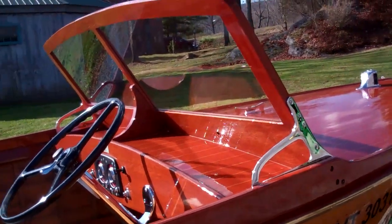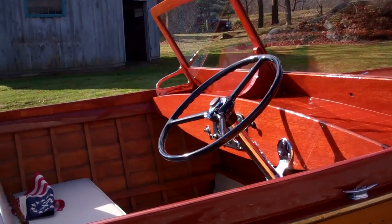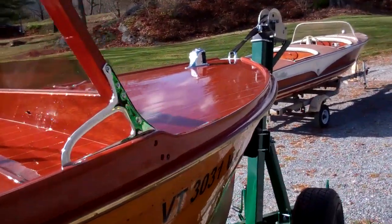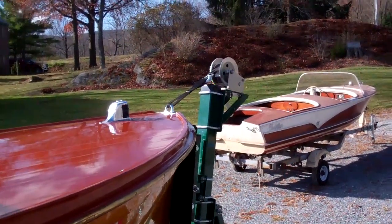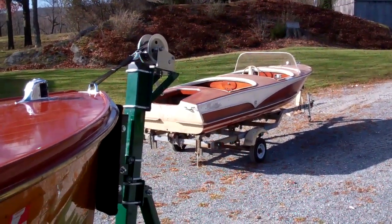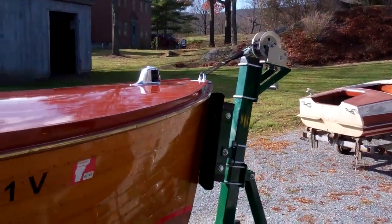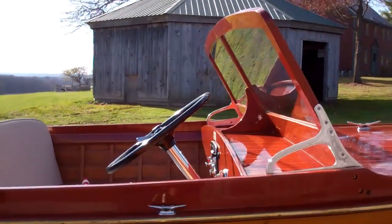So, given that we're approaching the middle of November, we have snow forecast on the ground for this coming Thursday and Friday, maybe 4 inches, which is nothing up here in the northern climes, but it is the first snow. Even though Lake Champlain, what with the monsoon rains we had last Thursday and Friday, right here where we live in Weybridge, Vermont, we received 5 inches of rain in 12 hours. Lake Champlain's come up over 2 feet since then. So we've got plenty of water. We could take Susan out and give her a sea trial romp. But the water's down to about 50 degrees. It is just not the right time